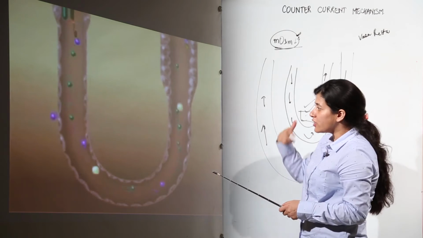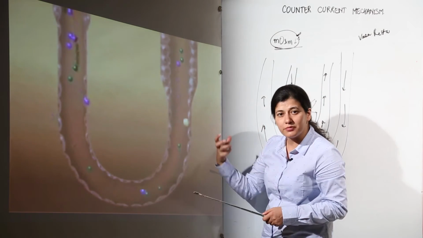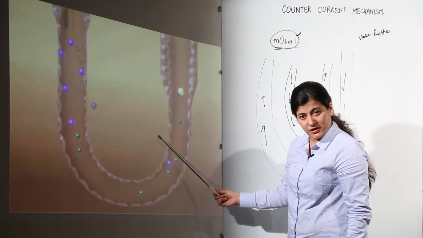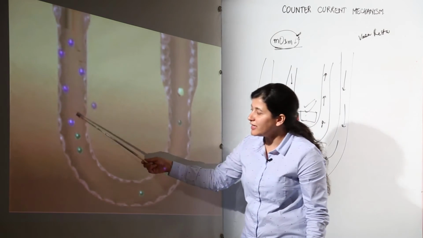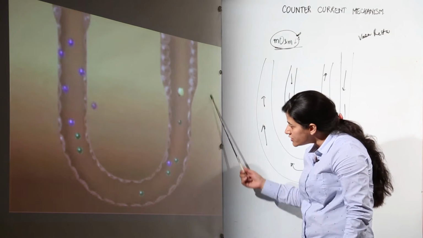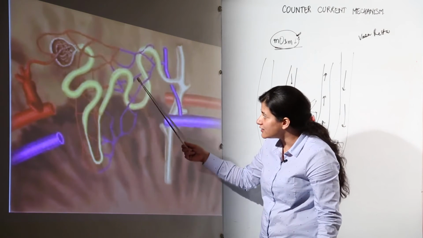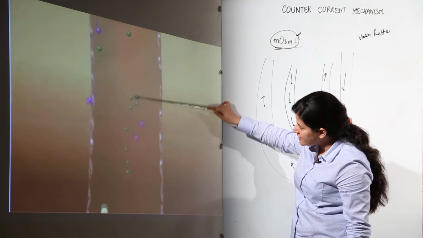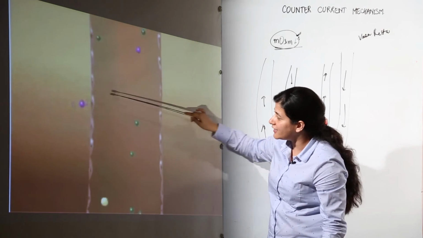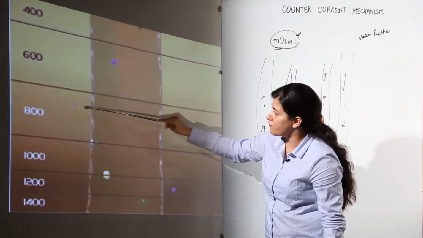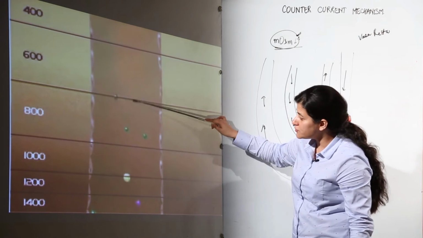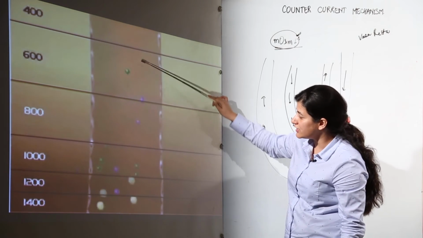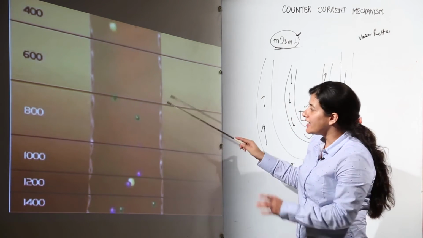This continuous countercurrent maintenance is responsible for take up of water from here and take up of sodium from here. Whatever water is being taken over here, it is in continuity with the vasa recta. Now this is the descending limb, the water is getting reabsorbed, more and more of water is getting reabsorbed, the osmolarity is increasing. Okay, at the same time, if we consider it in terms of the collecting duct, it is under the control of